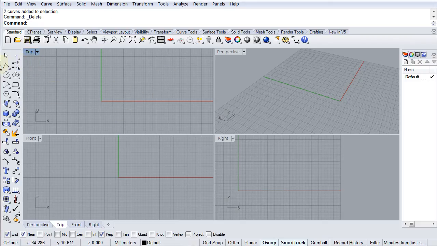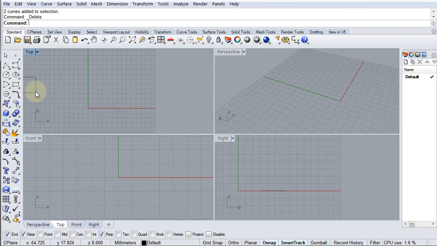A boat is also a symmetrical object, so that's why I'm using the record history here. I'm going to show you how to create symmetrical objects and make adjustments from one side to the other on the fly, rather than having to continually copy and paste from one side to the other or mirror from one side to the other. So the first thing I'm going to do when creating any form of symmetrical object is,